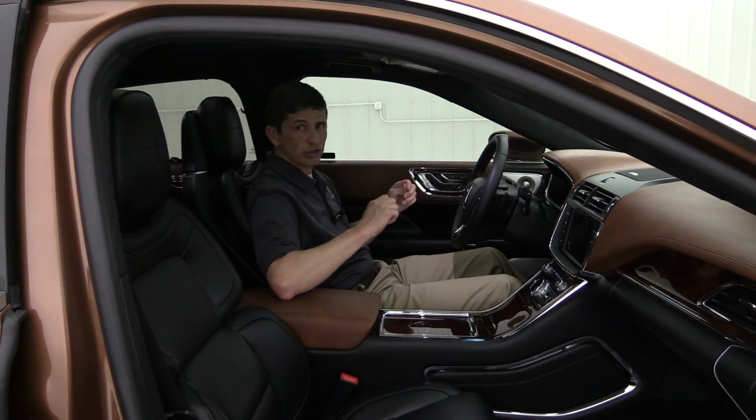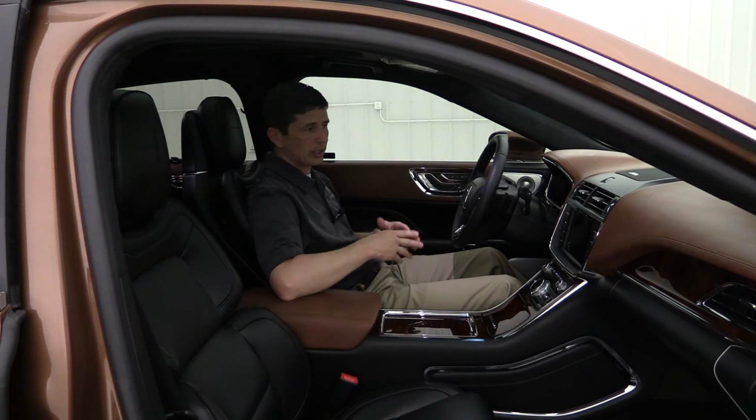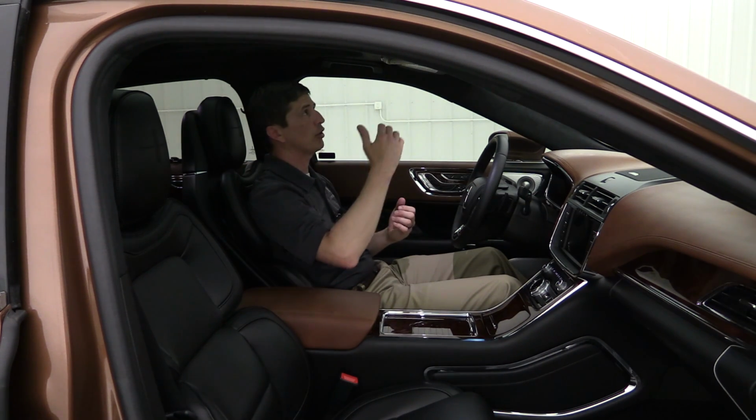So just it looks real sharp. You're going to feel that everywhere. And the goal for Lincoln for the Black Label is everything you touch is going to have high-end quality interior. And I think you're going to see that. Even your Alcantara